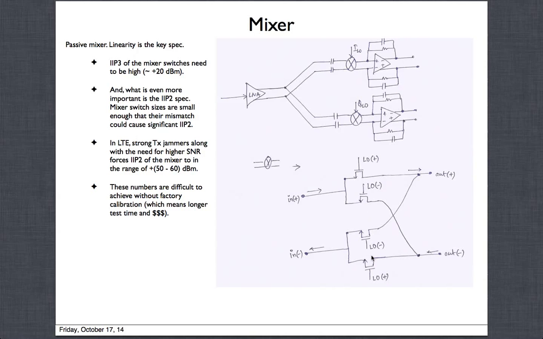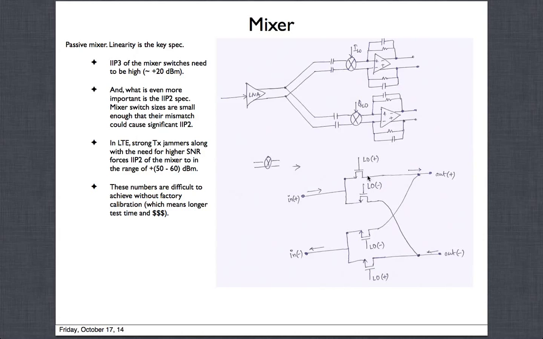There is a mismatch that exists here. We try to counter it by artificially applying an opposite mismatch. How do we apply it? Of course, we can't change the device sizes, but we can change other things like voltages and currents, or some biasing voltages and currents. And when we do that, we are trying to counteract the mismatch in these devices by applying an opposite mismatch in biasing voltages and currents for these switches.